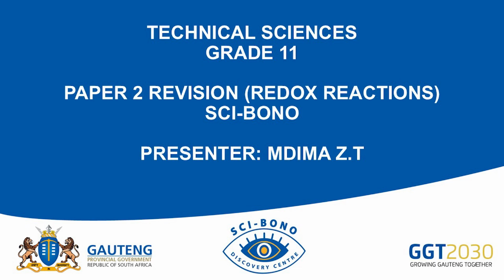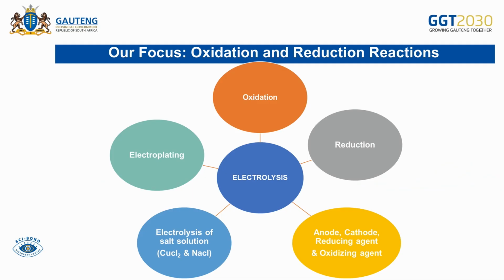Today, we're going to be looking at Redox reactions as per our annual teaching plan. So let's get started. First, we're going to look at the pillars, which are mainly the subtopics: oxidation and reduction as well. We're going to look at the anode, cathode, reducing agents, and oxidizing agents. We're also going to look at the process of electrolysis, specifically electrolysis of a salt solution. And lastly, we're going to look at electroplating, its benefits, why it is done, and why it is beneficial